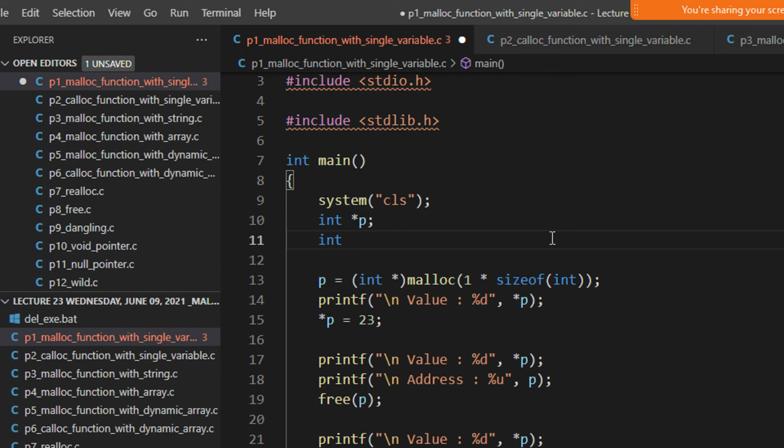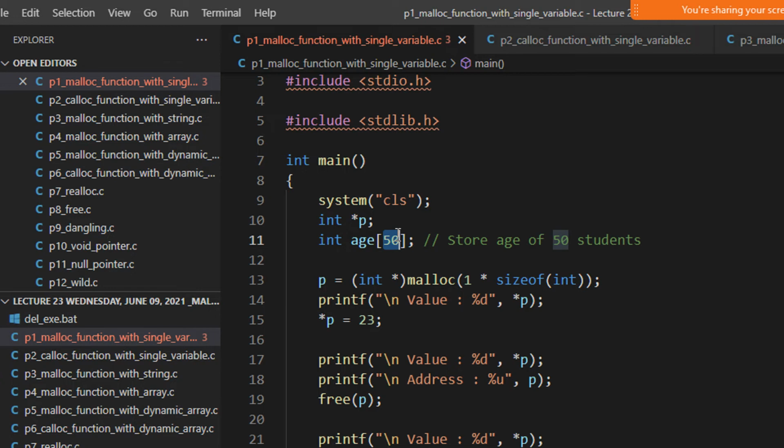When I say integer age, I'm defining an array of 50. So basically I want to store the age of 50 students. This is called static memory allocation. Why static? Because 50 here is static. I already said that I want only 50 students.